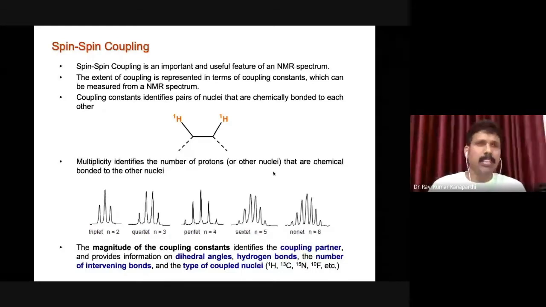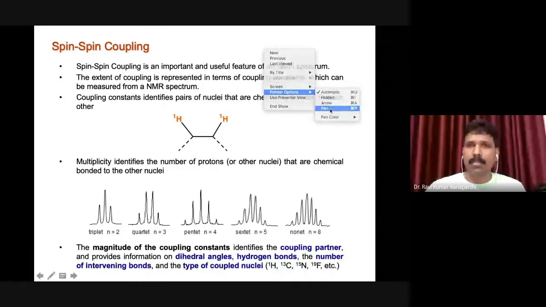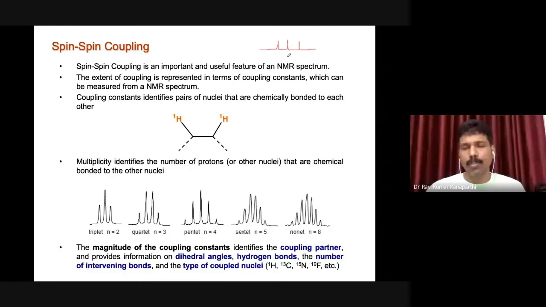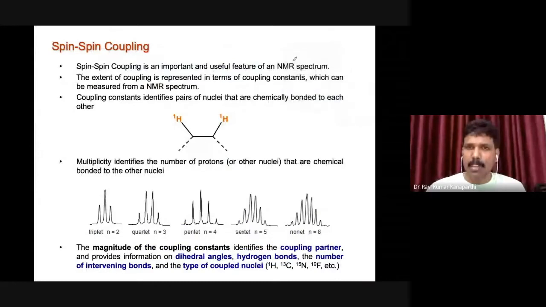Okay, so what is spin-spin coupling? If you see any NMR spectrum, so far the discussion I mentioned was that you will get peaks if you have n number of magnetically active nuclei. So those will give these NMR signals accordingly. But there is something very important to know: the real NMR spectrum is like a cluster of peaks. It is not like a single peak. It will appear like a cluster of peaks.